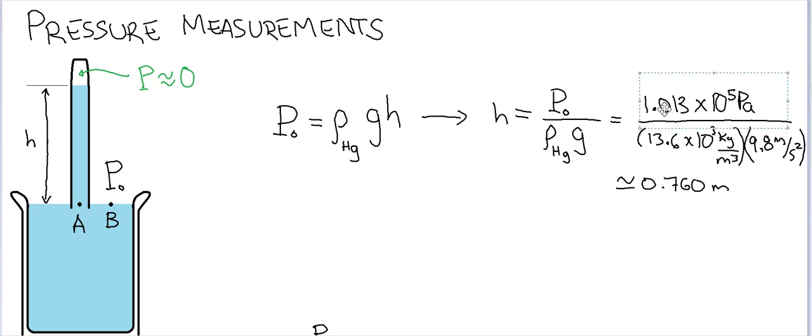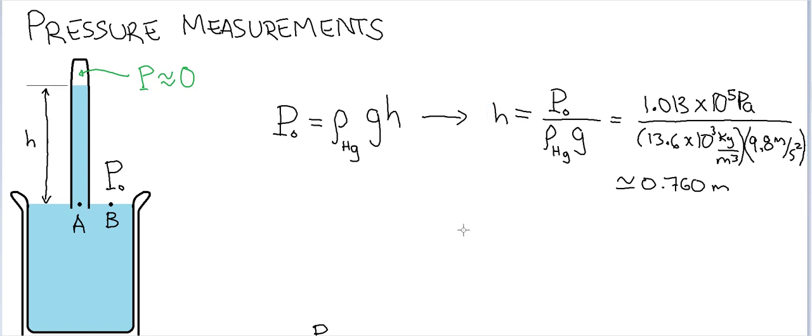Atmospheric pressure is typically about 1.013 times 10 to the 5 pascals. The density of mercury is about 13,600 kilograms per cubic meter. And little g, you remember, is about 9.8 meters per second squared. Carrying through this division, you get a height of mercury of about three quarters of a meter, 0.76 meters, or 76